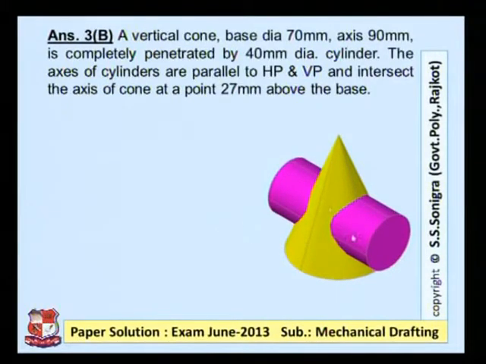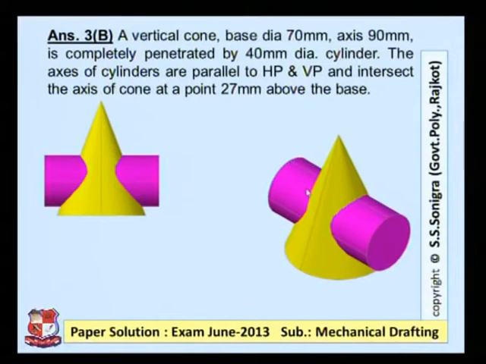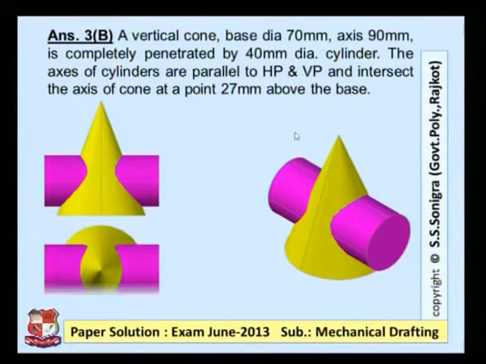And to draw this case, this would be the front view. You can see here. If you look from the front side, this curve of intersection would appear like this. This is the curve of intersection that we have to draw. And this is the top view. You can see here. In top view, this case would appear like this. So in this problem, we have to draw this curve like this and this curve.